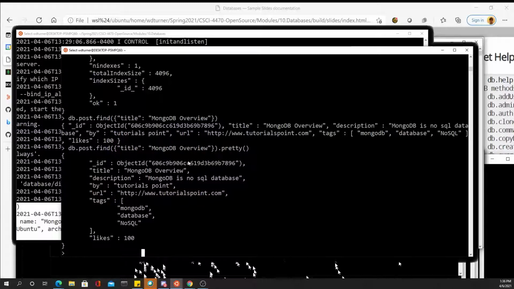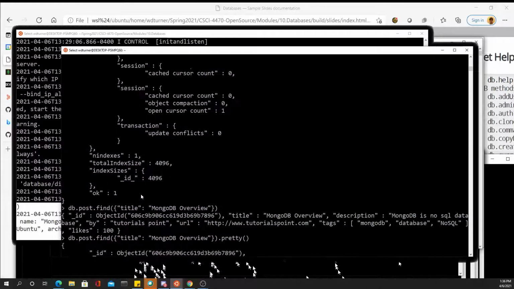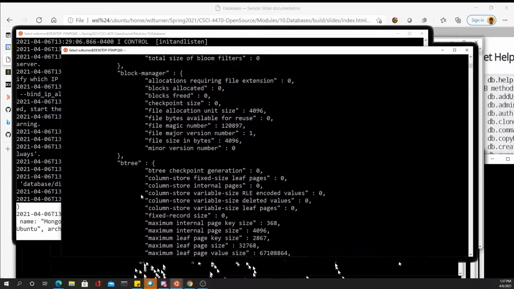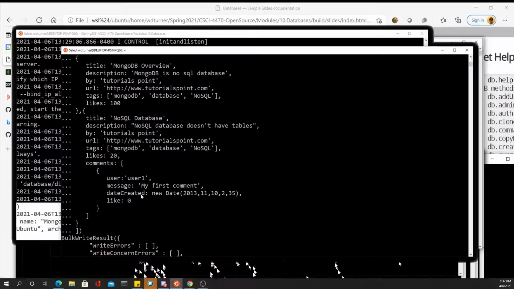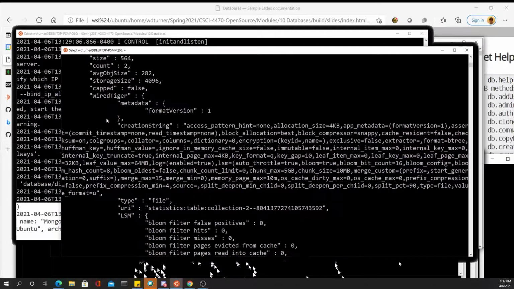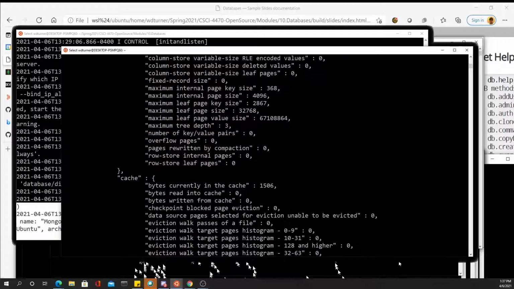Here's our unique identifier that has to be unique among all records. We have the title, that's what we searched on. Here's the blog post or the description, the author. It gives us the URL and then the ability to do these tags. And then down at the bottom we have a number of likes. So we can actually put the data in, and that matches, surprisingly enough, what we inserted to begin with. So we can put data in, we can get it out reliably,